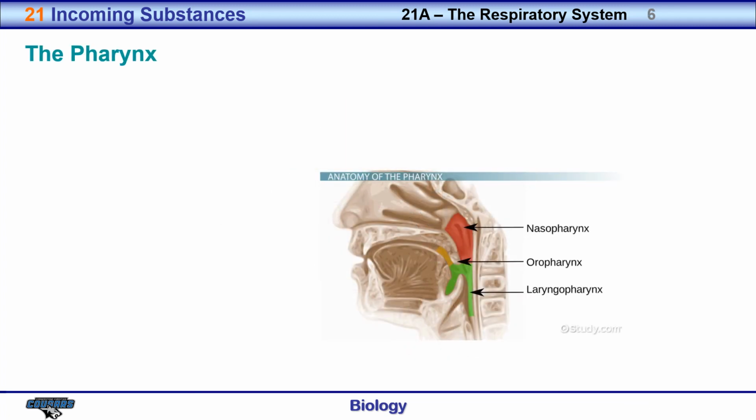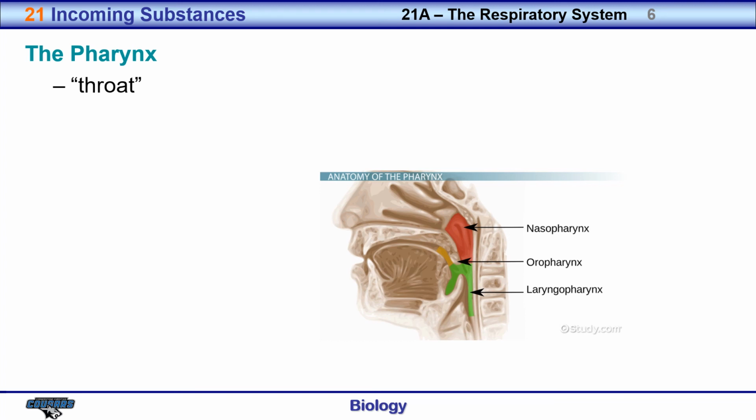The pharynx, commonly called your throat, is just a muscular tube, also lined with ciliated mucous membranes. The idea behind the cilia is that when mucus is produced, the cilia can move it away from the area that it may have too much of, like down to the throat or something like that. And this pharynx, your throat, this muscular tube extends from the back of your nasal cavity down to your esophagus,